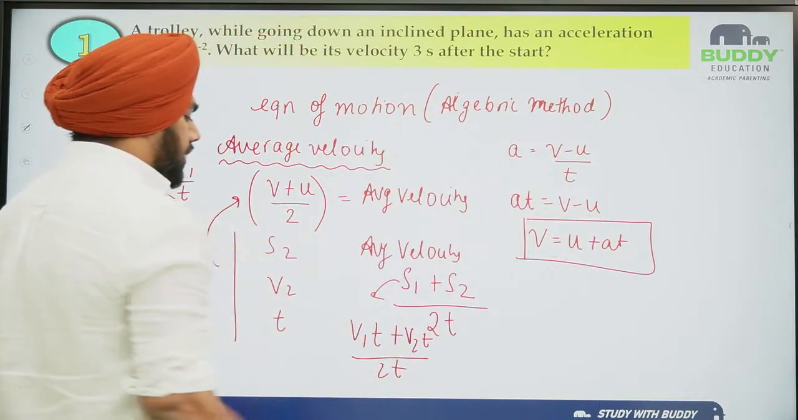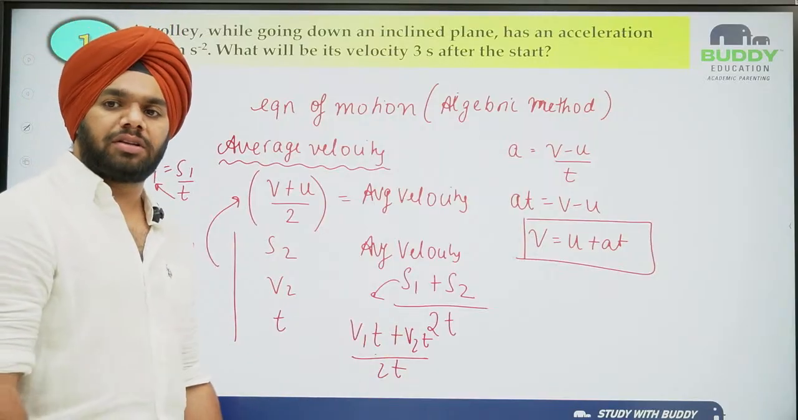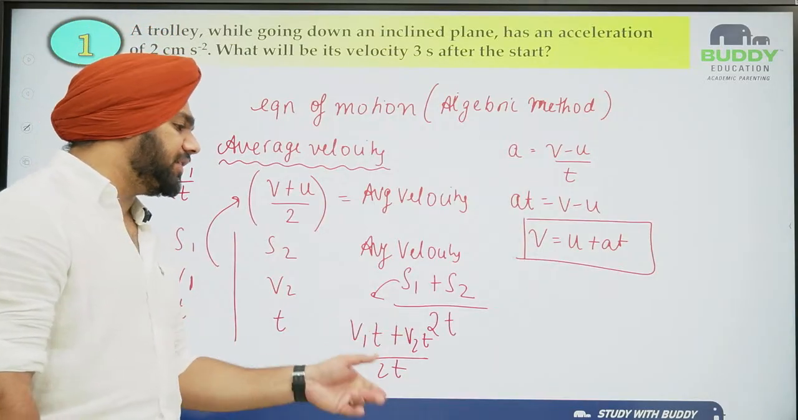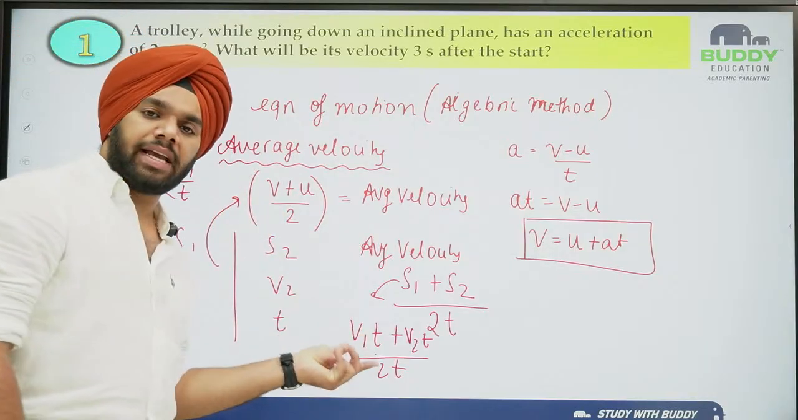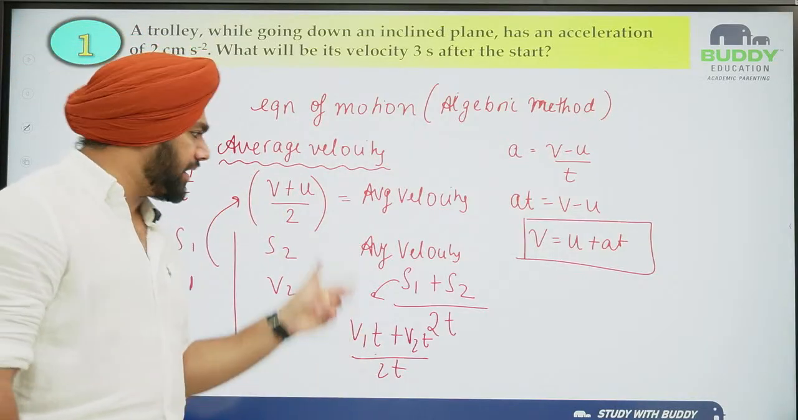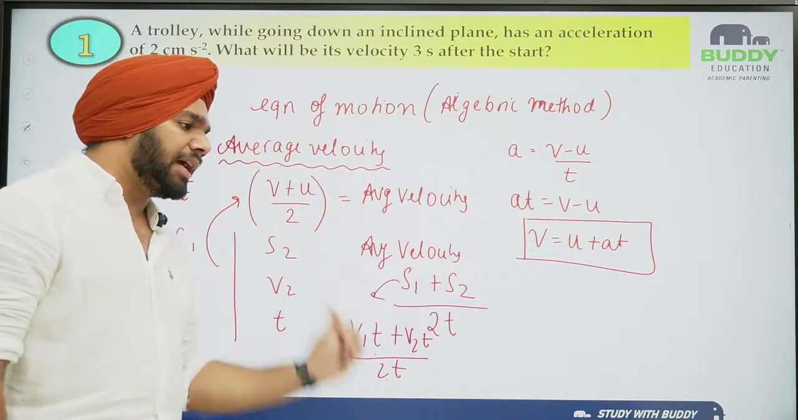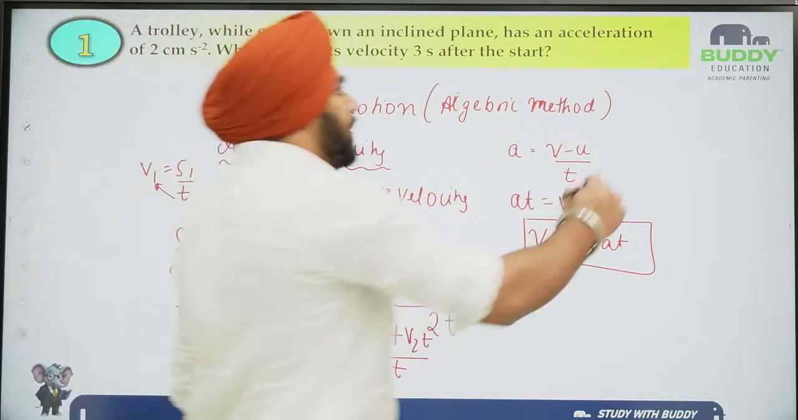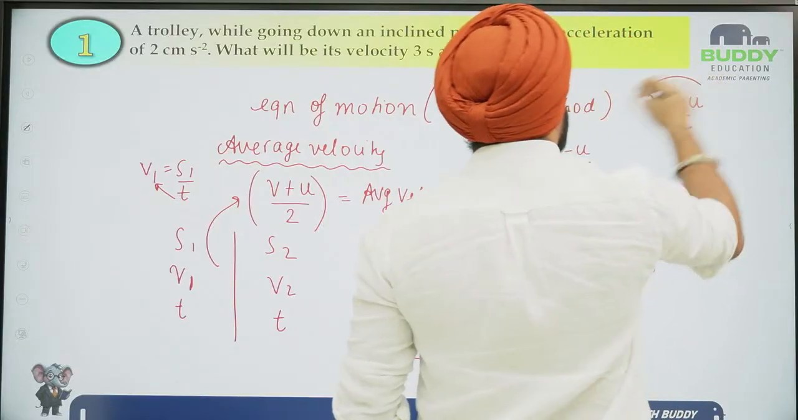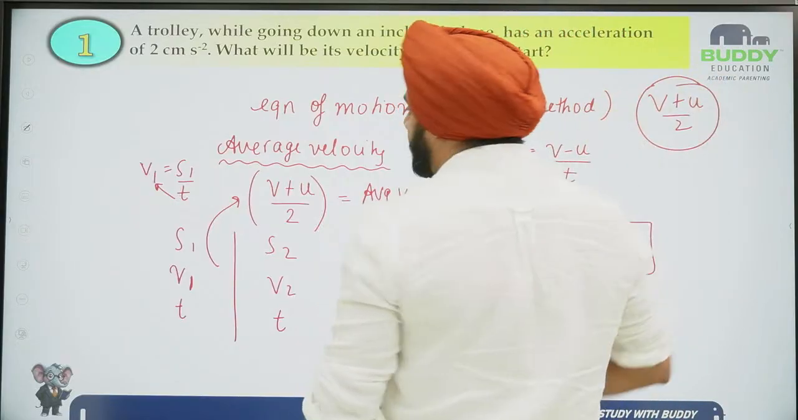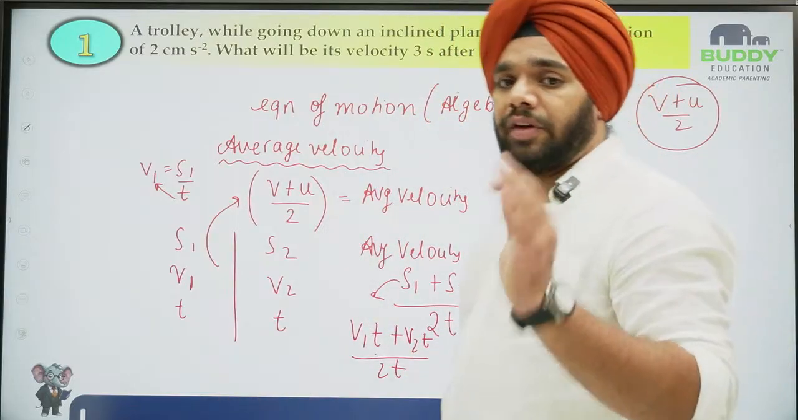Take a look, here the time will get cancelled. So what is the final formula that you are getting? V1 plus V2 by 2. So this is, if V1 is taken as initial velocity, in the place of V1 I can write U. So V plus U by 2. So this V plus U by 2 is at a particular case. Remember, it is at a particular case where